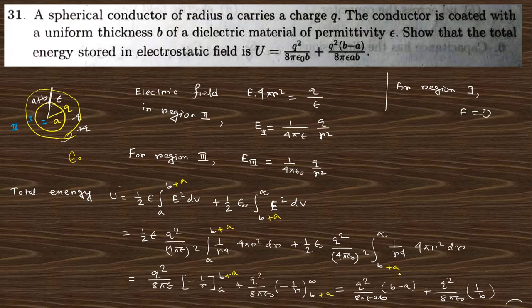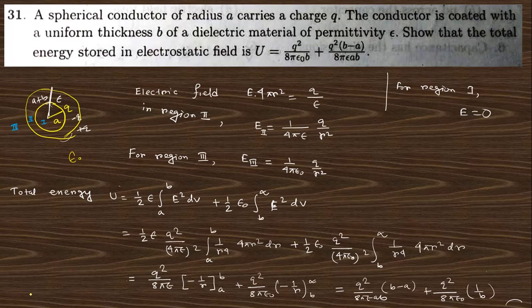A conducting sphere of radius a carrying a charge q. I think there is something wrong here. I will provide this PDF after correcting this one. Okay, so at this moment I think this is all right. When I get the actual solution, I will provide you the corrected copy, right?